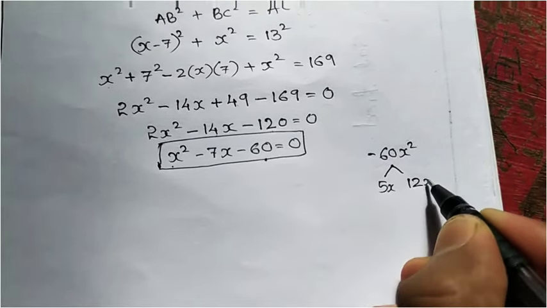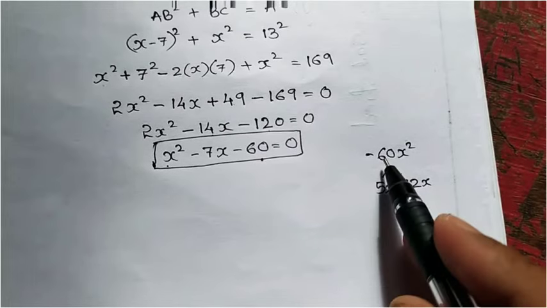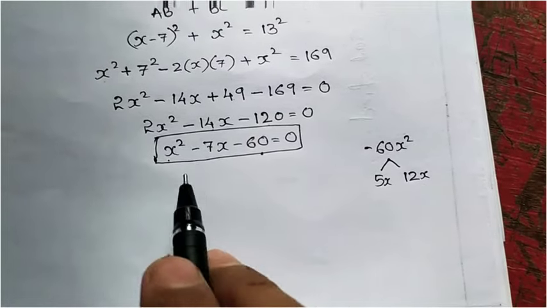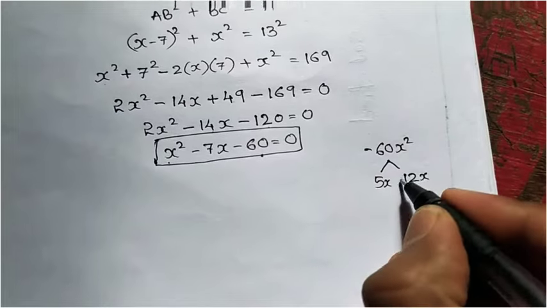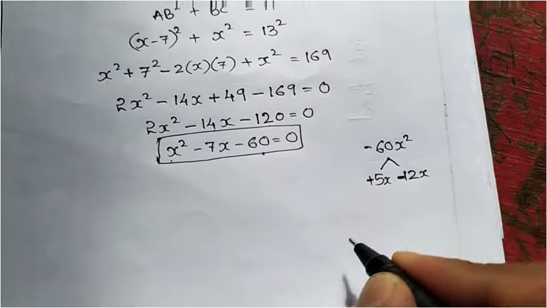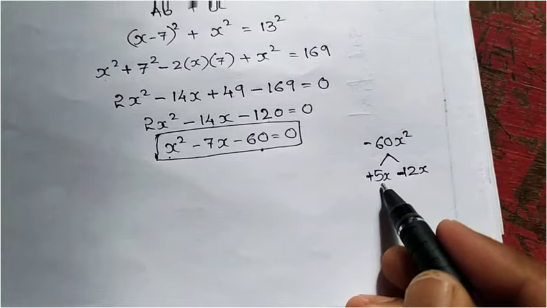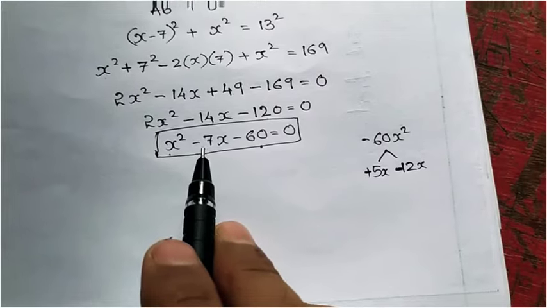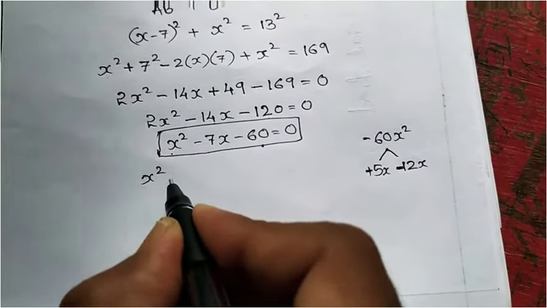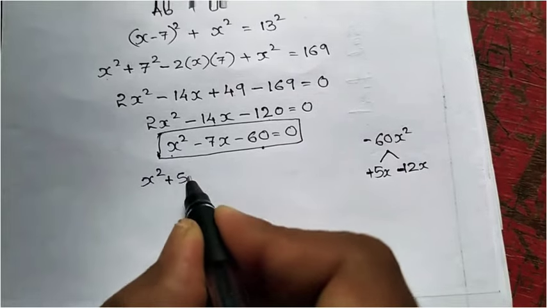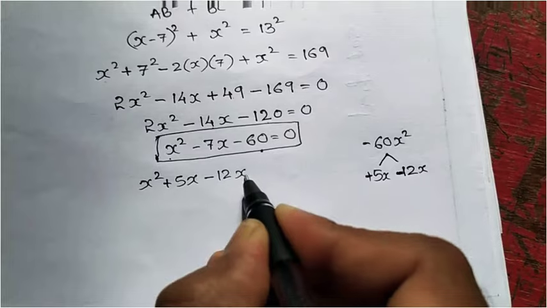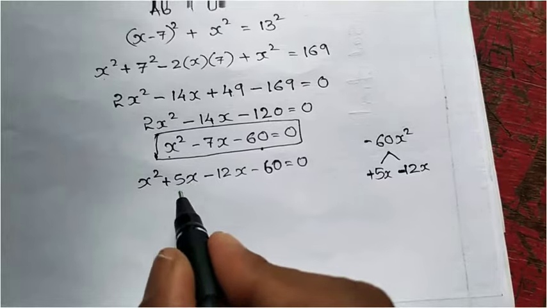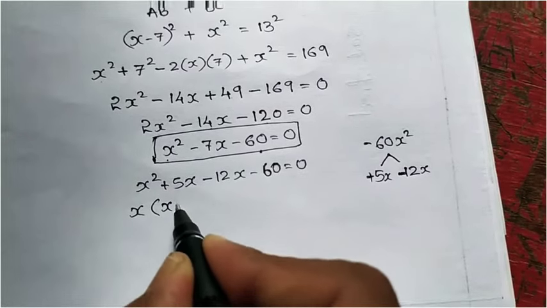Okay, here x, here also x. Okay, 5 12s are 60. If you subtract 12 minus 5, you will get here 7x. Which 7x we need? Minus 7x. So take the bigger one as minus, the smaller one as plus. So minus 12x plus 5x. Automatically we will get here minus 7x. Instead of 7x, I will write x square plus 5x minus 12x minus 60 equal to 0. So from x square and 5x, I will take x common, so x plus 5.